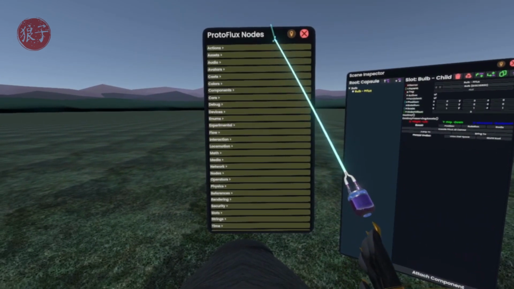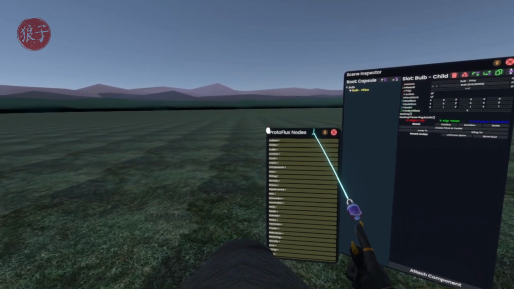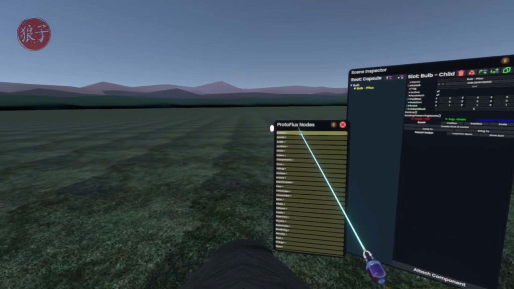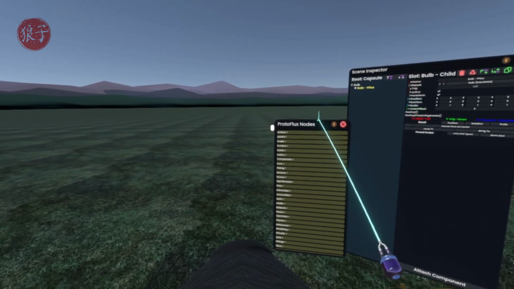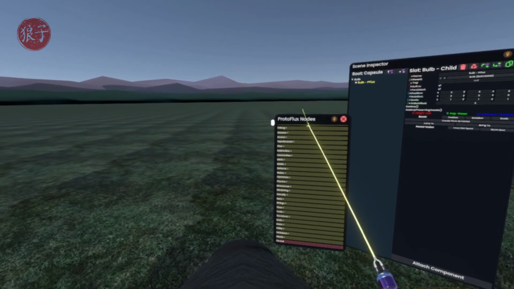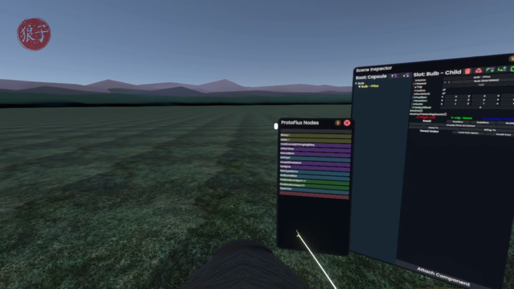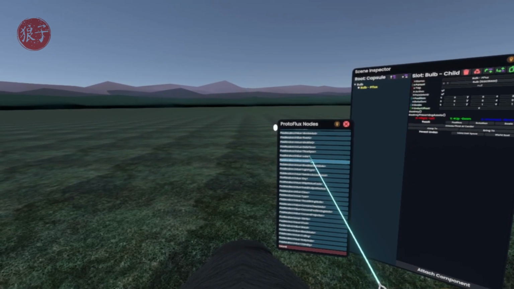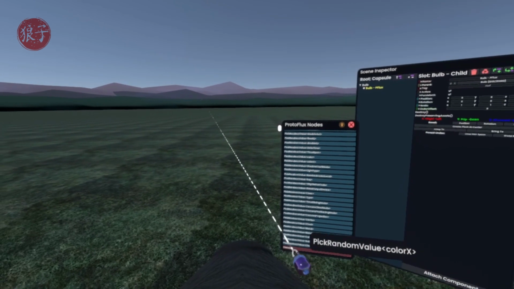I'm going to keep this fairly simple. What I'm going for is kind of an old-timey holiday tree light bulb kind of thing, and I'm going to have it just randomly switch colors. So there's an awesome utility called Pick Random Value, and if I select Pick Random Value Color X, then I